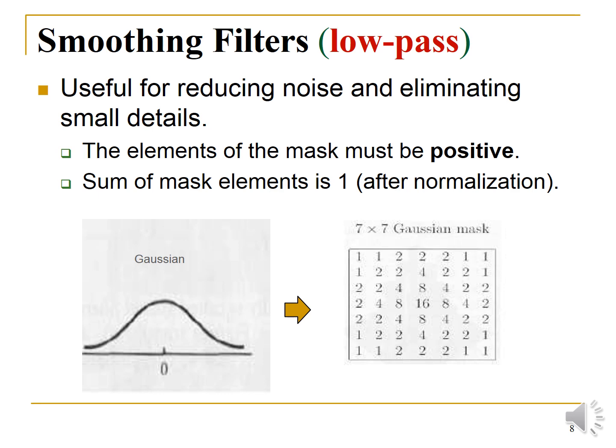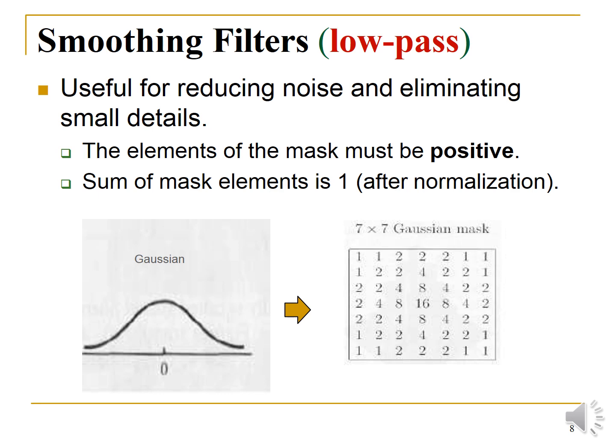Now let's see how the smoothening filters work and what is the use of these smoothening filters. A smoothening filter is used for reducing the noise as well as eliminating small details. Suppose I have captured a particular image and there is noise present in that image, then I can remove the noise and smoothen the image by using this particular filter called the smoothening filter.